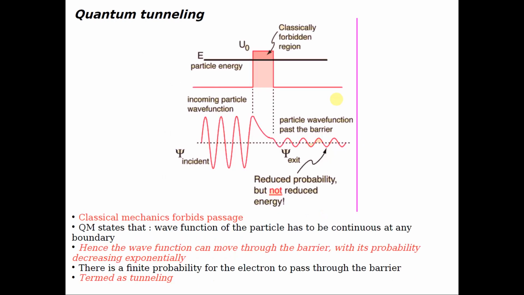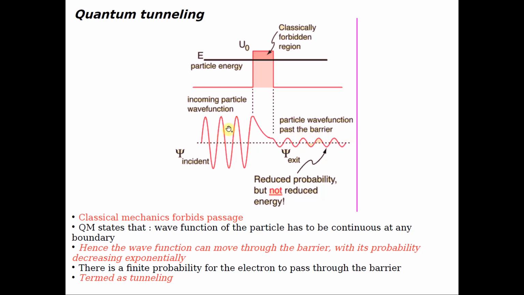So that's where the quantum nature, that means the dual nature of electrons, comes into the picture, which was told by de Broglie, right? The de Broglie relation for dual nature of matter. So you have particle nature and wave nature. We are going to consider the movement of electrons now as a particle and as a wave. Suppose this is a wave function representing the electrons at the sample. What is going to happen is, as a wave, the electron can cross this barrier and reach the other side, that is the tip.